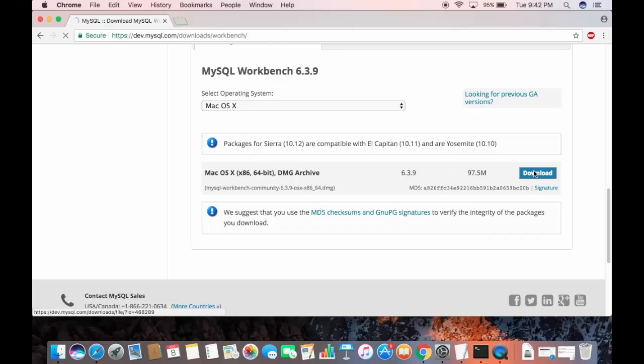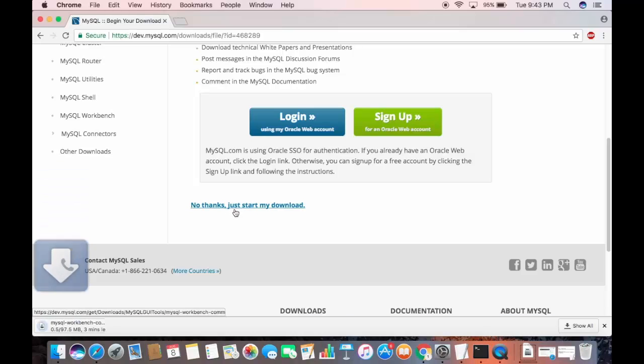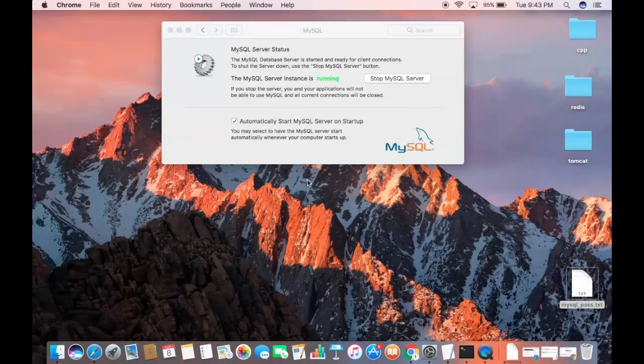You just need to click this download button, and once you click the download button, once again you don't need to log in or sign up. You just need to click this option which says no thanks, just start my download. So I'm going to just press this button, and my download will start. Okay, so my download is happening, and in the meantime I'm going to show you how you can connect to